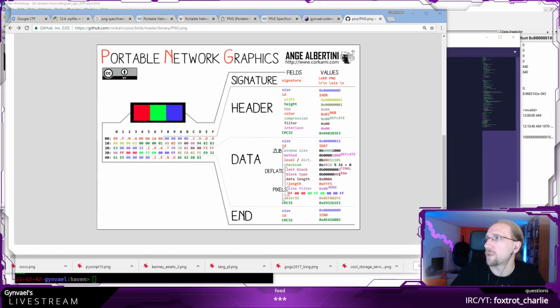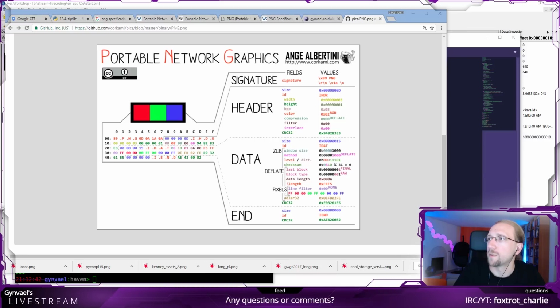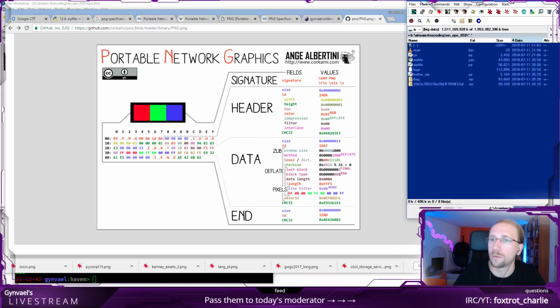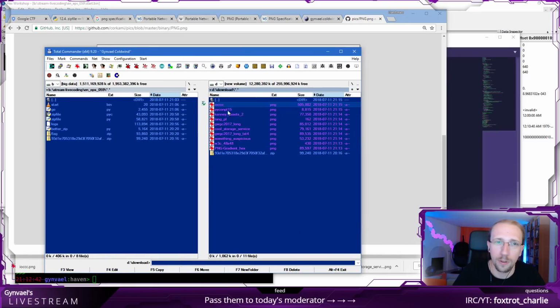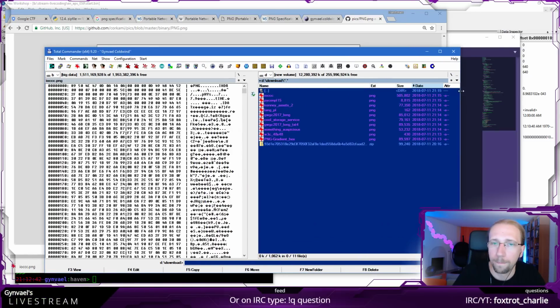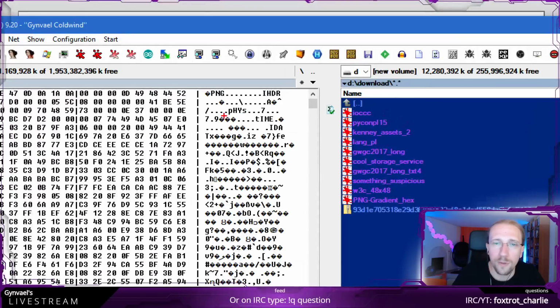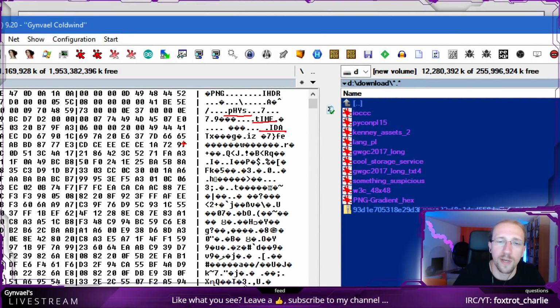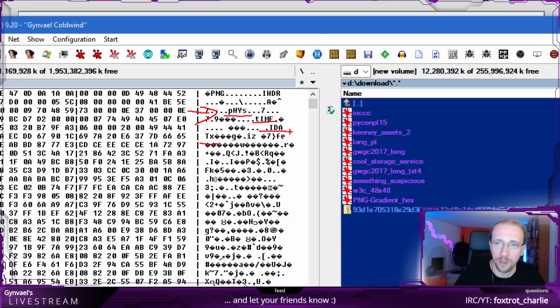Okay, let's look at the PNGs which I downloaded. So I'm going to drag it here, and let's go through them in hexadecimal one by one. Here we have some pHYs section, some tIME section, and then there's the IDAT section with data. So yeah, pHYs section.